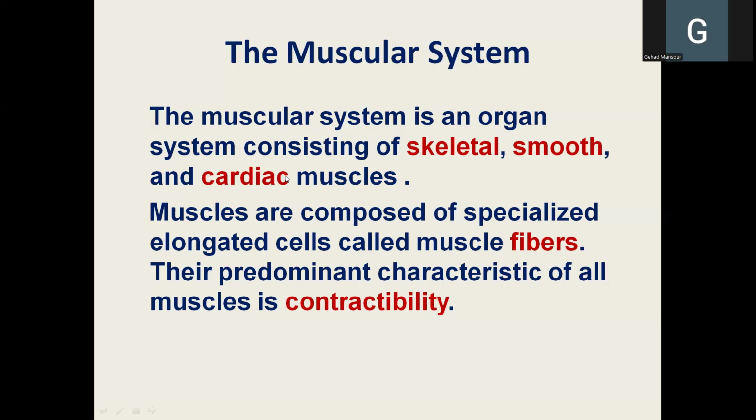What's the difference between actin and myosin in smooth muscles and actin and myosin in skeletal or cardiac muscles? The main difference is in the arrangement. Is it a regular arrangement or an irregular arrangement? In case of the skeletal muscles and the cardiac muscles, the thick myosin and thin actin filaments are regularly arranged in an alternating pattern of dark bands where myosin and actin are present, and light bands where only actin is present.